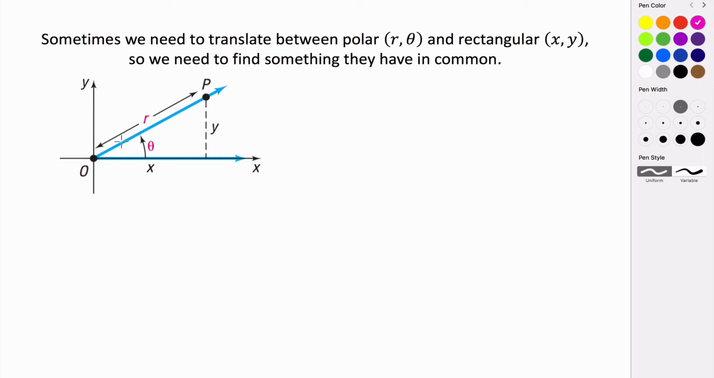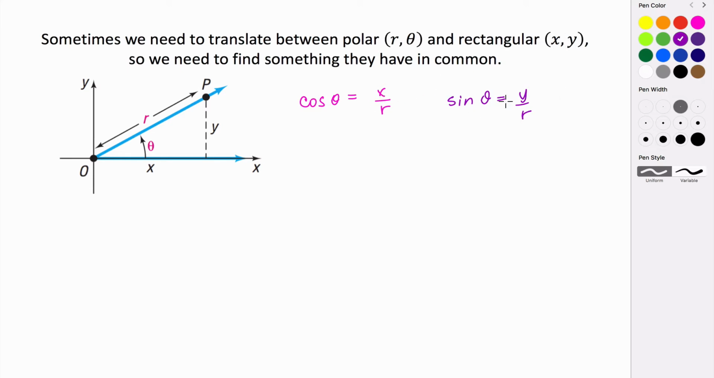So we know that the cosine of theta is x over r. And we know that the sine of theta is y over r. Now, if we want to try and convert from x comma y to r and theta, well,